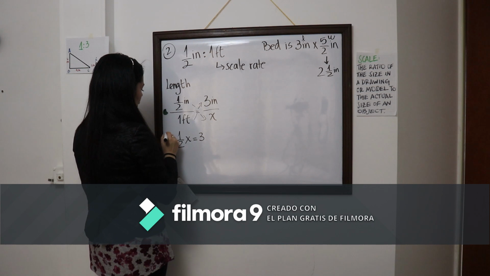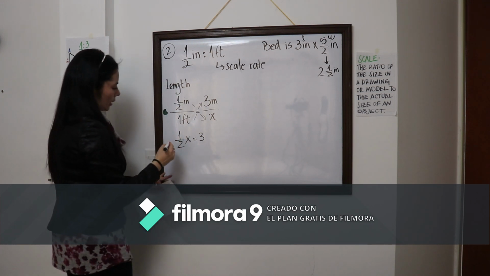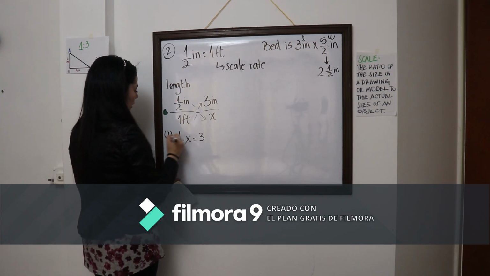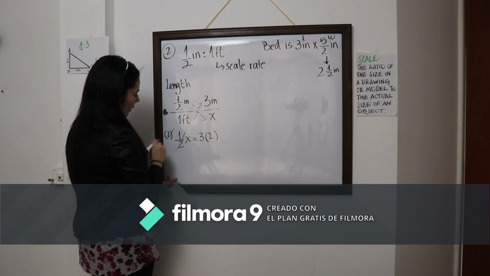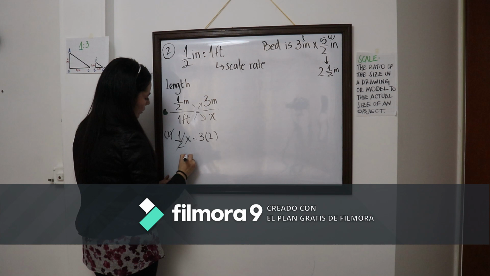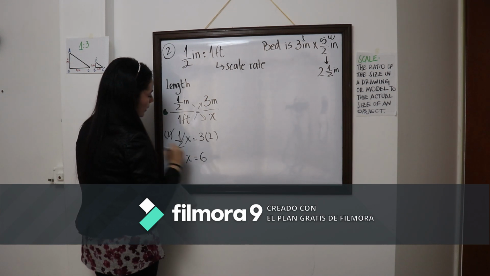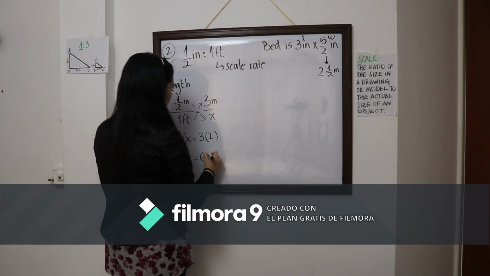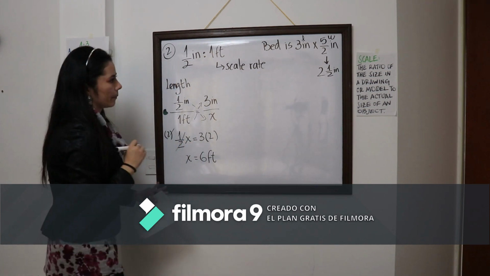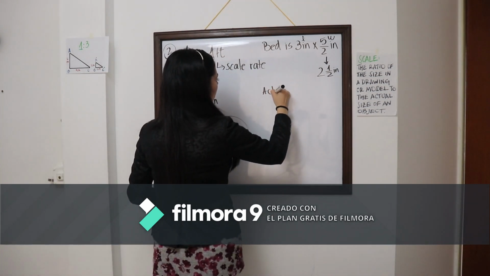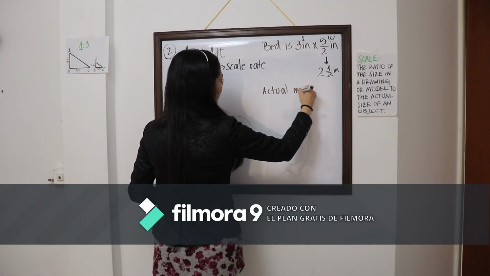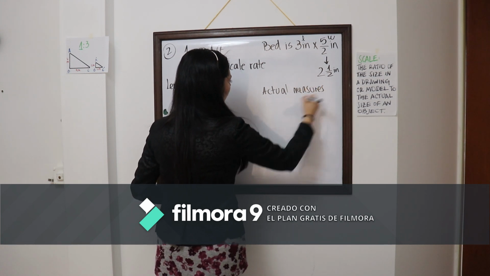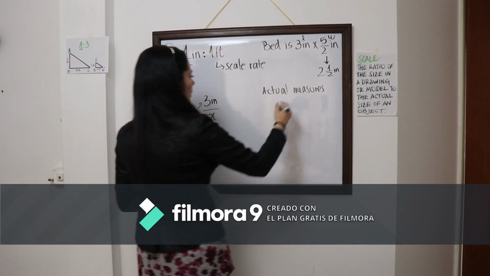And then I got to use, of course, the reciprocal. Remember, I got to multiply times 2 on both sides, and this is going to cancel whatever is next to the x, and I'm going to have 6. Of course, again, I have 6 feet, okay? So the actual measures here, right now we're having 6 feet,